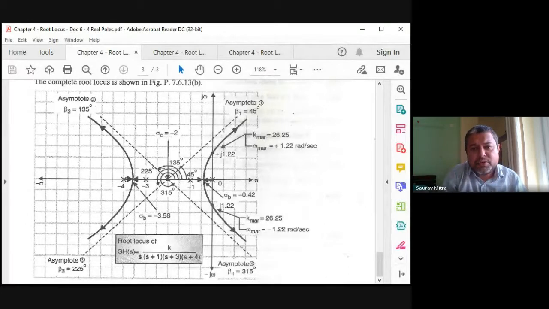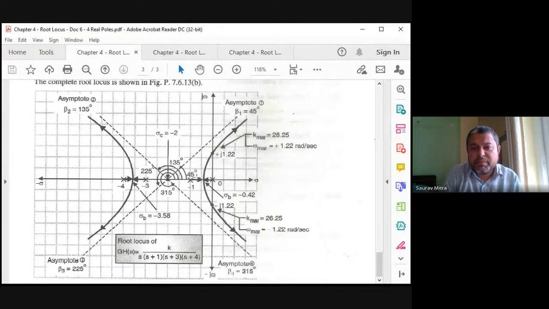And you will find that there is no root locus between minus 1 and minus 3. How to show that? We know the rule. For any point, let's say minus 2, whether it is on the root locus or not, how to test that? Check to the right side, the total number of poles and zeros. Whether root locus exists between minus 1 and minus 3, take any value between them, let's say minus 1.75, minus 2 or minus 2.5. For all these points, you will find that on the right side the total number of poles plus zeros is equal to 2, which is an even number. Hence, between minus 1 and minus 3, there will not be any root locus.